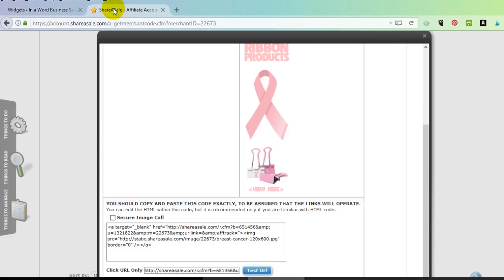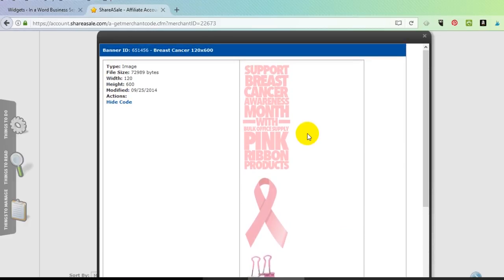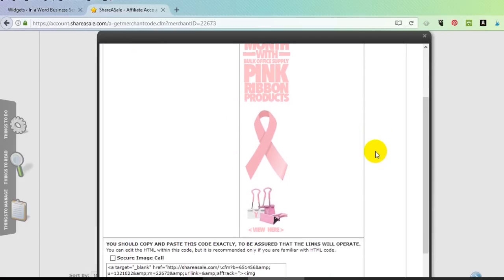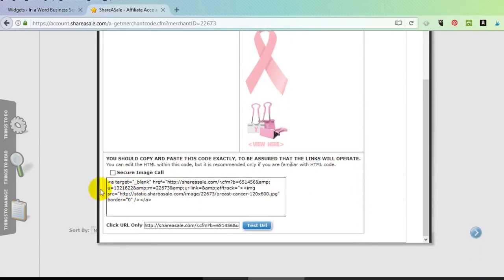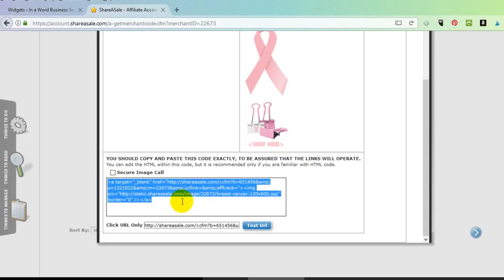So I am a Share a Sale affiliate, as I said, and I have already pulled up one of the ads that I want to put on my site. Now this ad is already on the sidebar widget, but I want to just show you how easy it is to copy and paste the code. So in order for me to put this particular image on my sidebar, Share a Sale has already got the code ready for me. So all I have to do is copy this code, and I can right click,